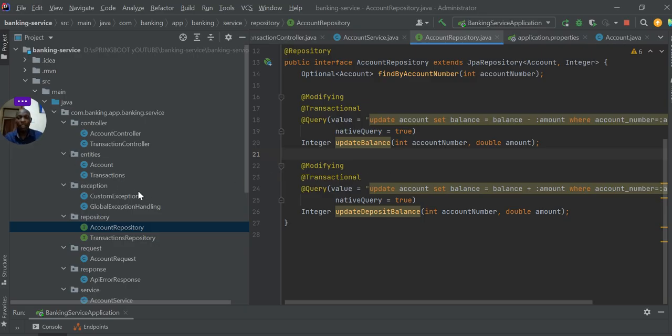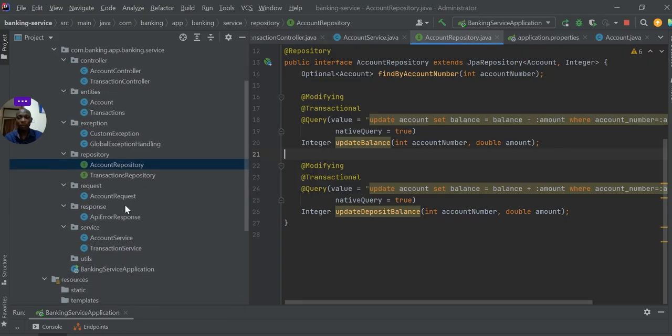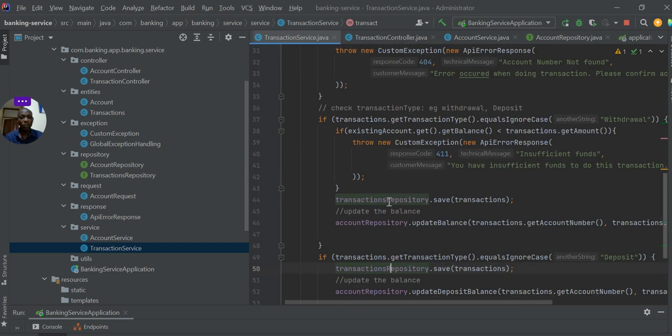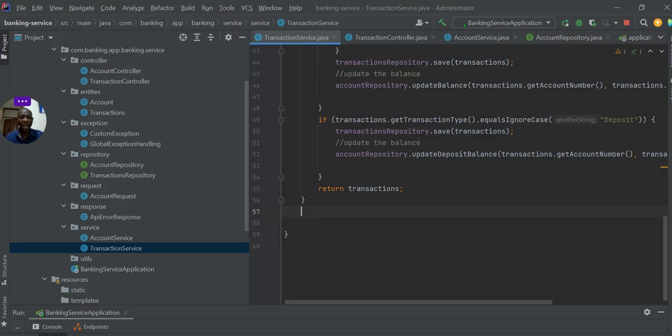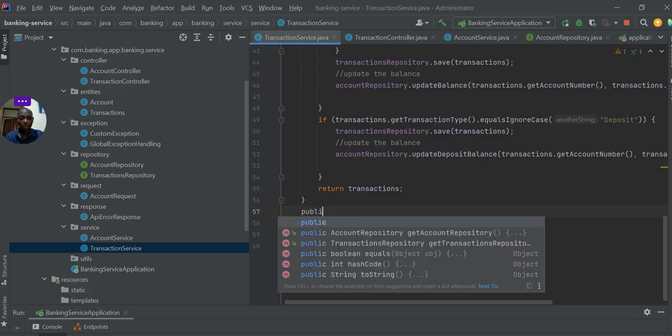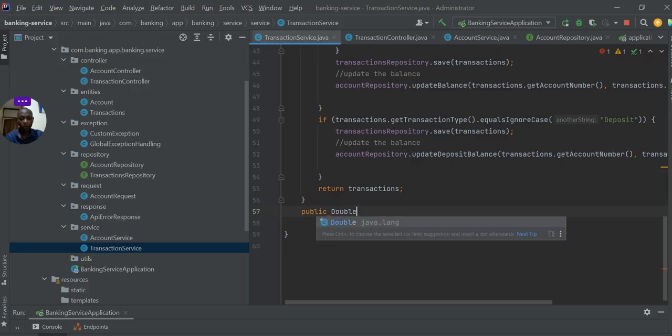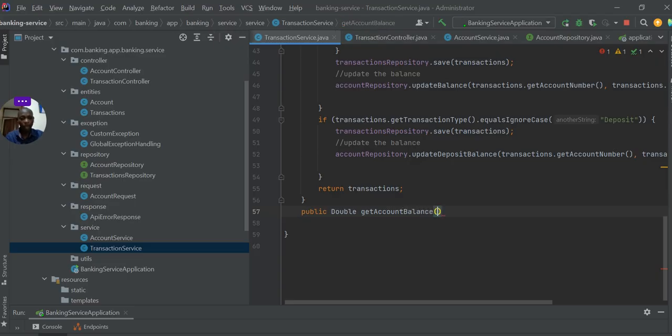So, inside my service class, I am going to create a method for getting the customer balance. So we are going to get the customer balance by account number. In this case, this method will return the customer balance, so it will return a double. So I will say public double get account balance, and here I will pass